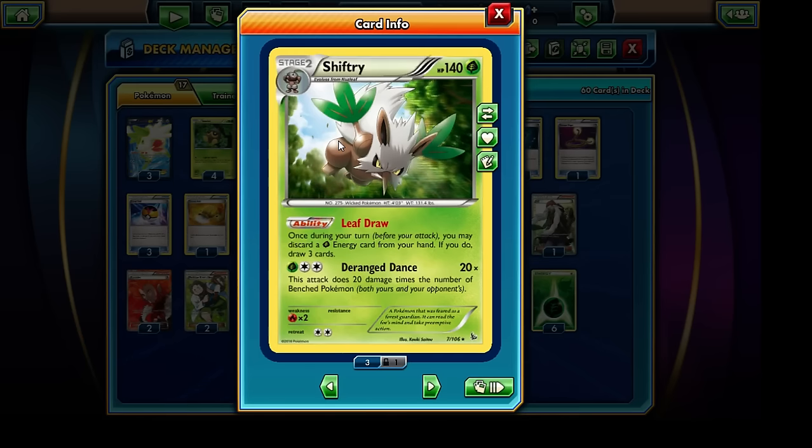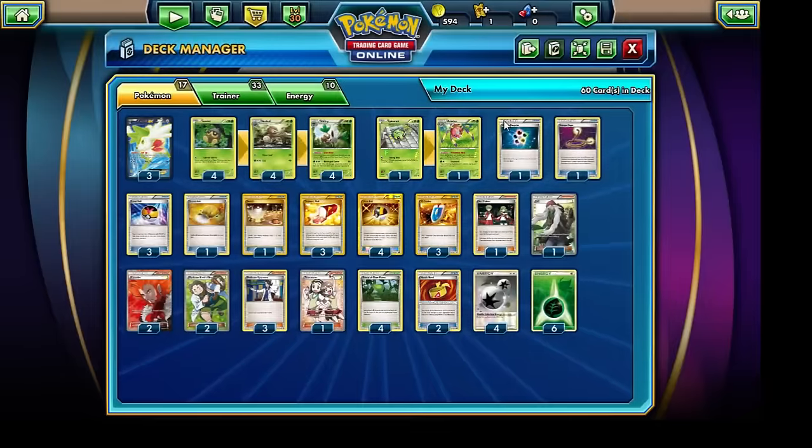So this can be particularly useful, especially if our opponent, for example, has used the Ace Trainer on us and forced us just to have a total of 3 cards in our hand, and we desperately need an energy card or something like that, for example. Then we can definitely take advantage of the Leaf Draw,